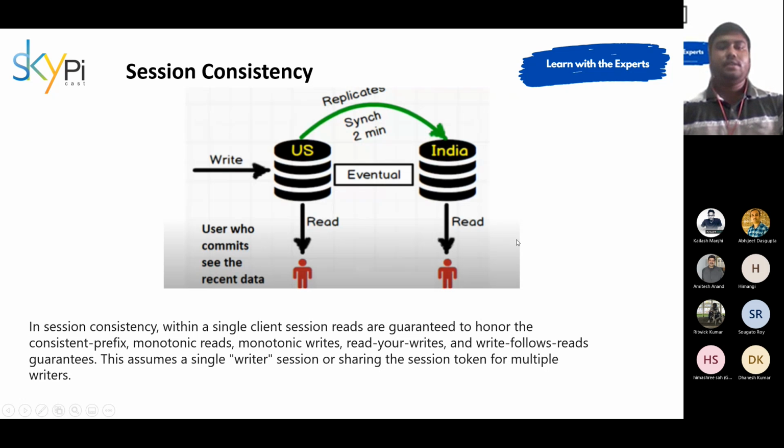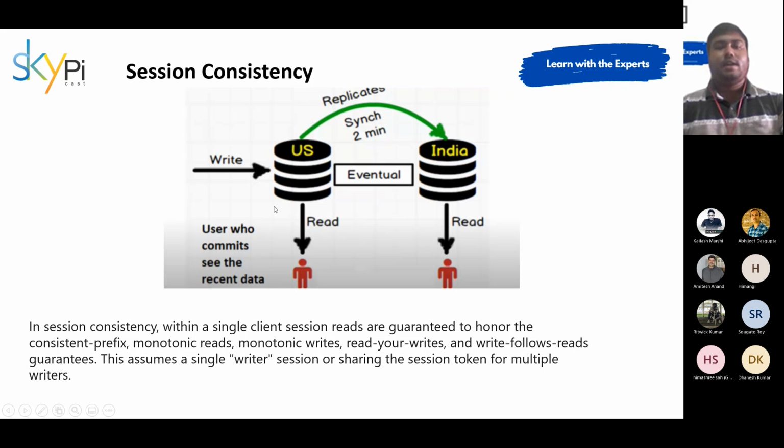By assuming that, let's say a user has updated something in the US database, and when in India I try to read that data, if the sync has not happened yet, I will get the stale data,